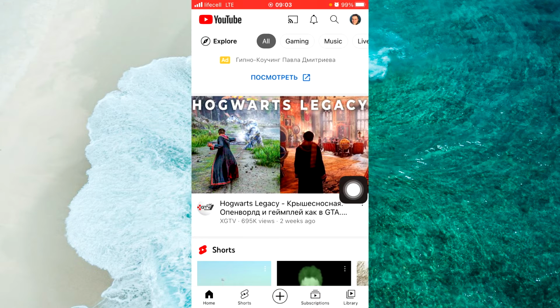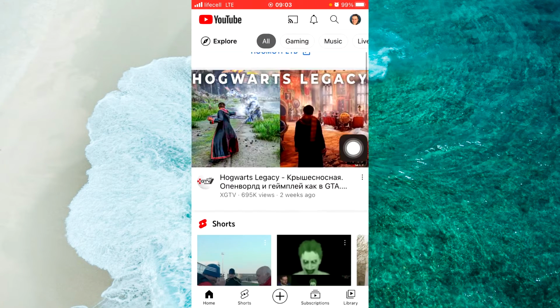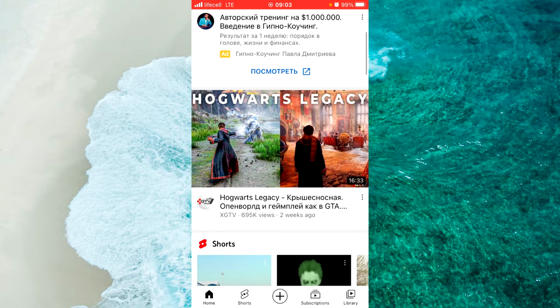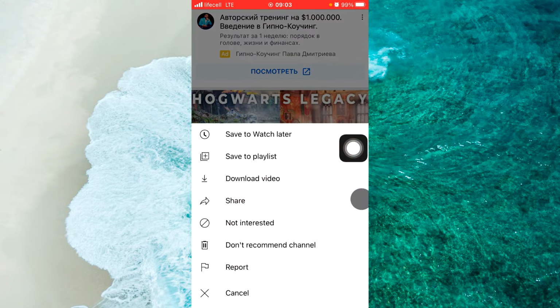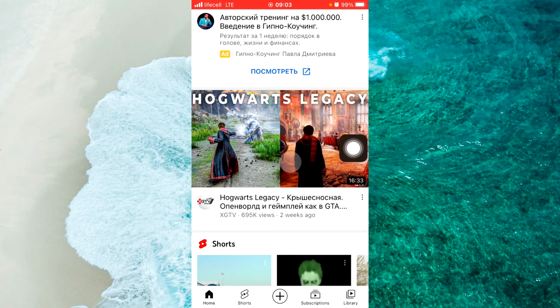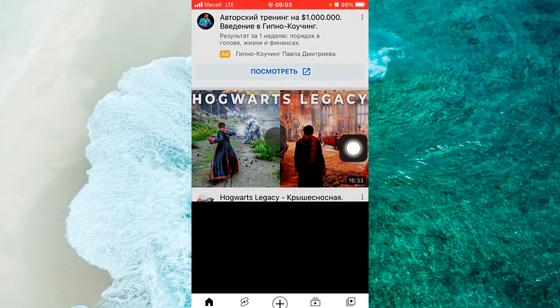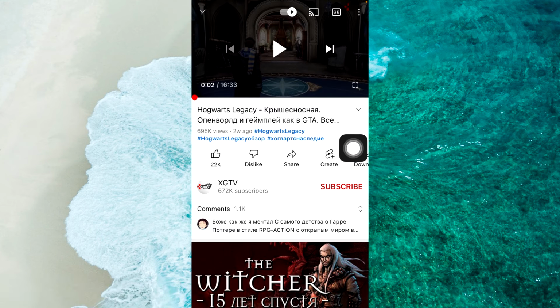Then we have two ways how we can share any video. For example, find any video which you want to share and tap on the three dots here, as you can see, and then tap on the share button. And the second way, when you open any video, this one, find the share button, then tap on share